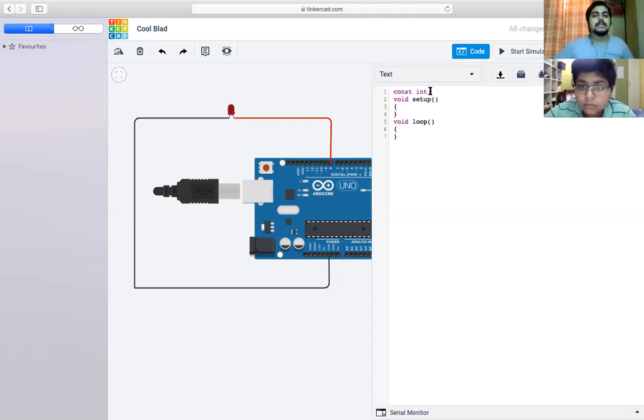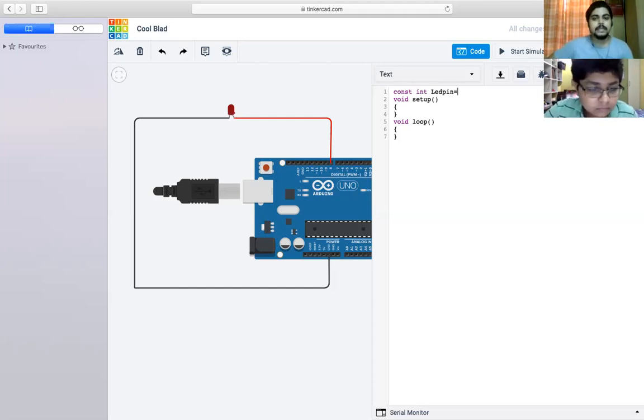Give a space and then give a name to the LED. You can give any name, but it should start with an alphabet. Okay, you are giving led. Now put an equal to sign and then mention the pin at which you are connecting the LED in Arduino. 8.